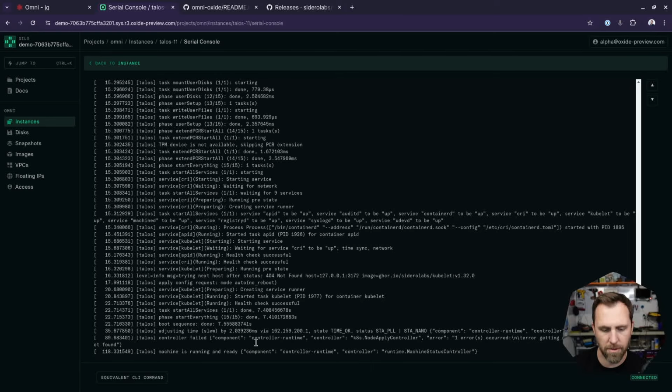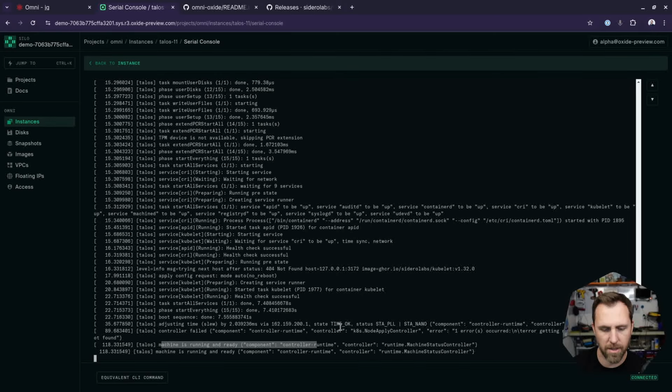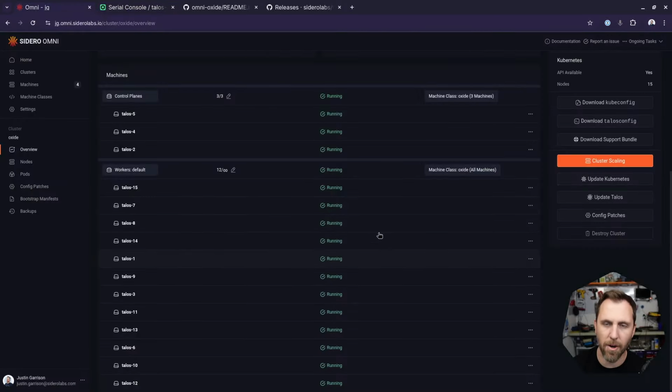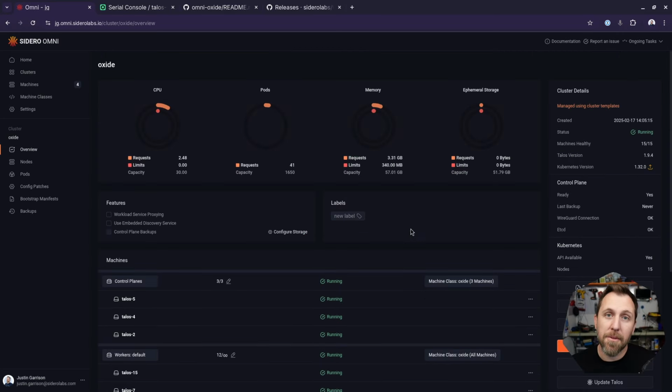View the serial console, machine is running. I probably just needed to wait. Yeah, they're all running now. A couple things to point out here inside of Omni, we do let you know that this cluster is being